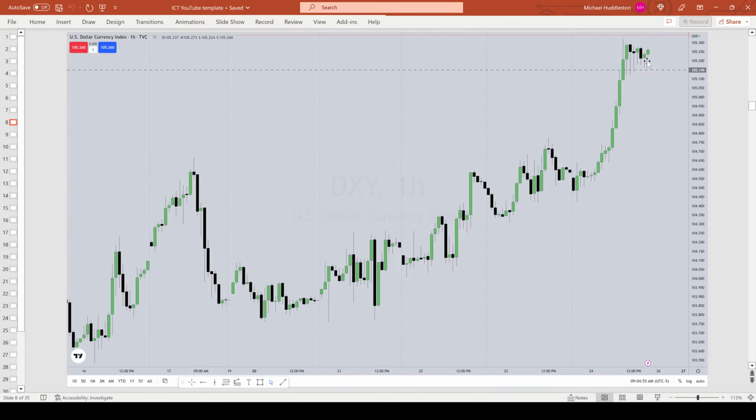Why did it consolidate? Inside this high, right here, the S&P reached an objective and the dollar failed to confirm that lower low in S&P. The dollar was not matching that. So that's a USDX or dollar SMT. I'll teach you more about it. You'll see examples of it in this lecture here. But it's also Friday. So it ran up all pre-market and then didn't do much at all.